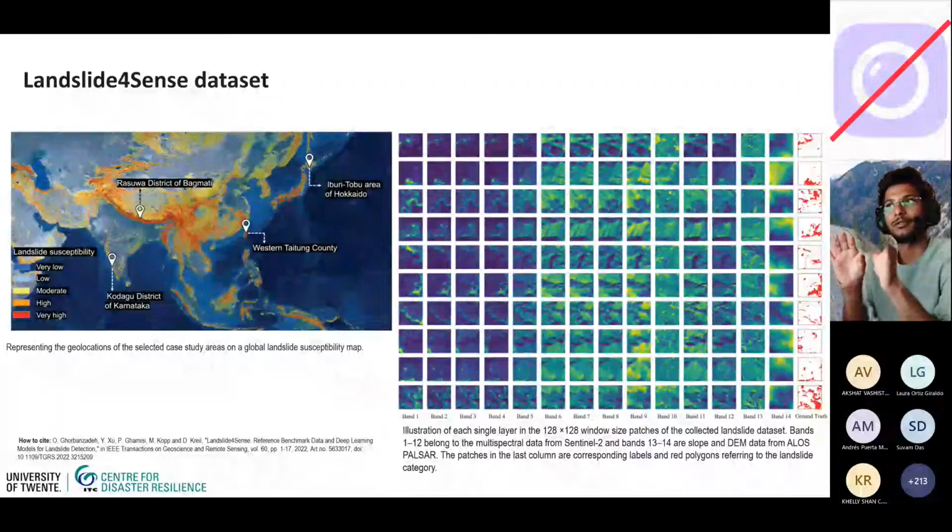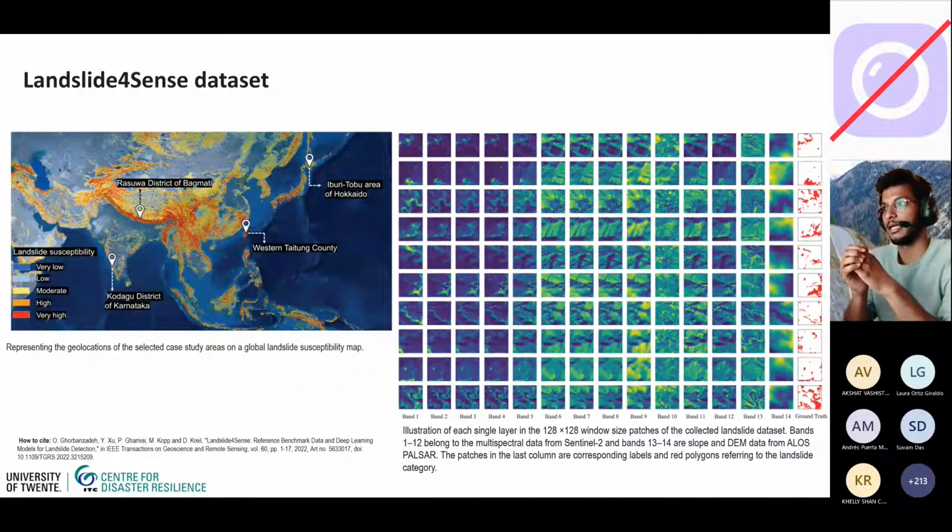So they use 70% of the total dataset for training and 30% for testing. They use open source Sentinel datasets and